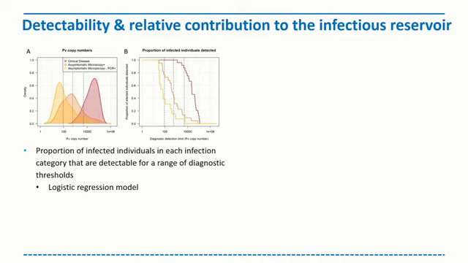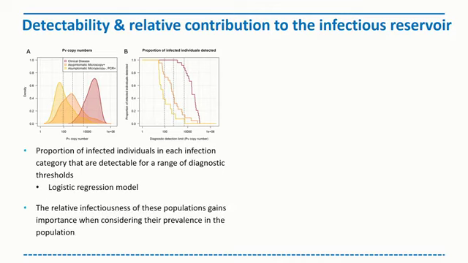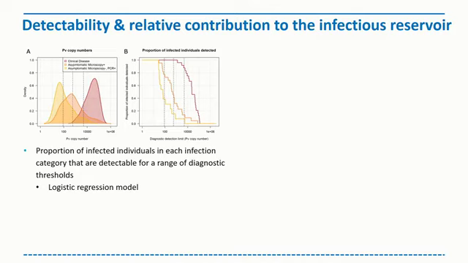Okay, the detectability and the relative contribution to the infectious reservoir of the three groups was determined by calculating the proportion of infected individuals in each infection category that are detectable for a range of diagnostic thresholds. And these diagnostic thresholds were determined by calculating the probability of detection by microscopy with regard to the P. vivax 18S copy number. And then we found three detection thresholds: 95% probability of detection, 80% probability of detection, and